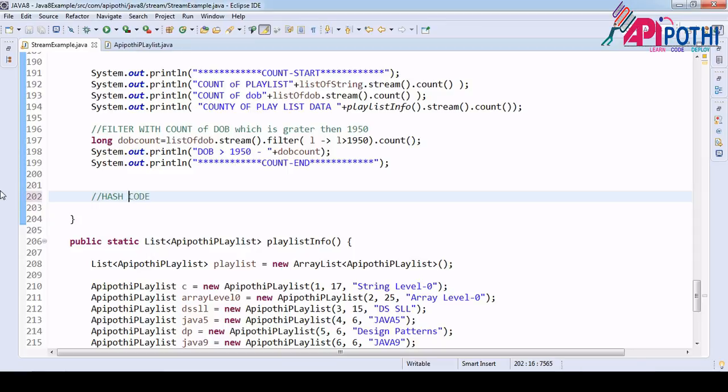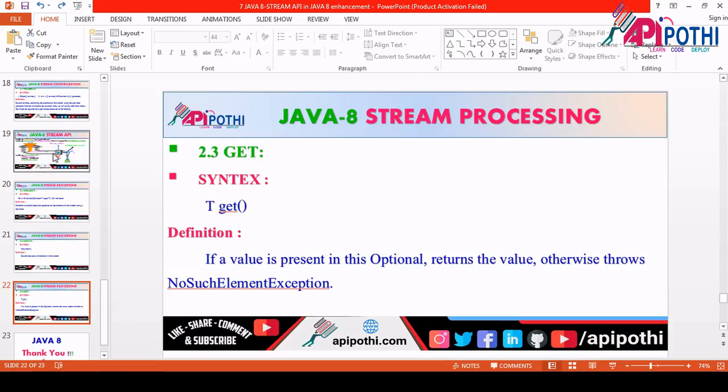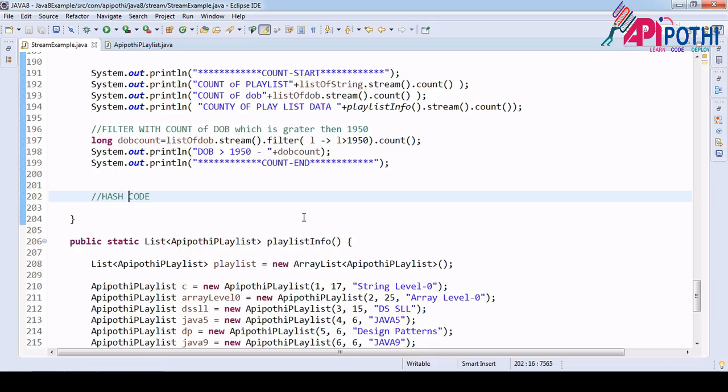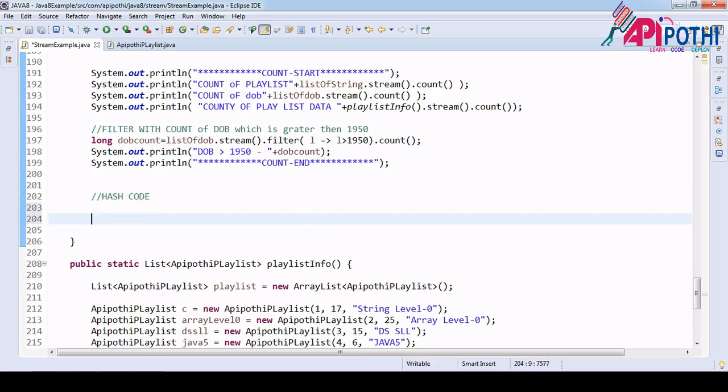The question here is that if you see this figure, you will have the raw data and the same data getting entered inside the stream. So are both instances same or different? That is what we use the hash code for. So here we are going to check it. So let's take the list of date of birth.